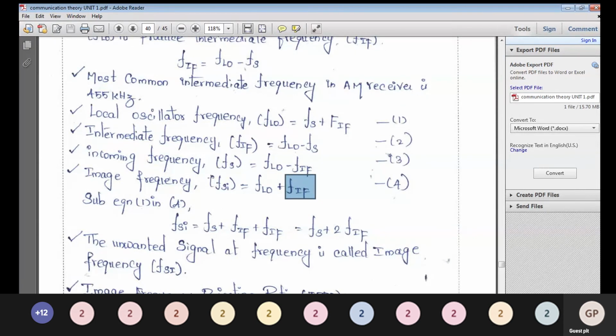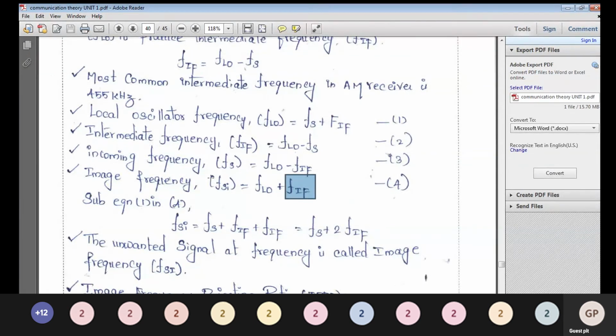But the mixer will do two functions. One is the addition function, another is the subtraction function. We will get both. Just assume the input signal is 5. Just one signal is coming, and its frequency is 5. Then 5 plus 2, what will be the output? Again the same 7. We are getting the output 7. Now we think that we are getting the desired output 7, so this signal is also a desired signal. 9 produces the same output, and 5 also produces the same output.